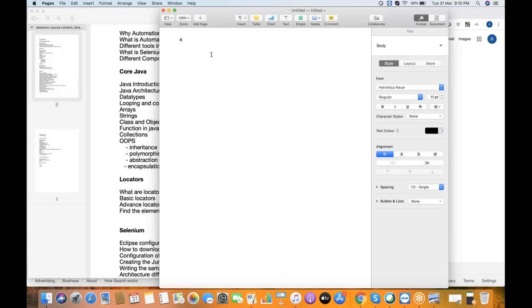Selenium is one of the popular tools in the market, for a long time, to automate web applications. Overall, why is there a lot of demand for Selenium? Because it is open source. Also, it can automate only web applications. It cannot automate desktop applications. Small things like uploading a file can be handled with additional frameworks or libraries, but overall it won't support desktop automation. We can automate only web applications using Selenium.